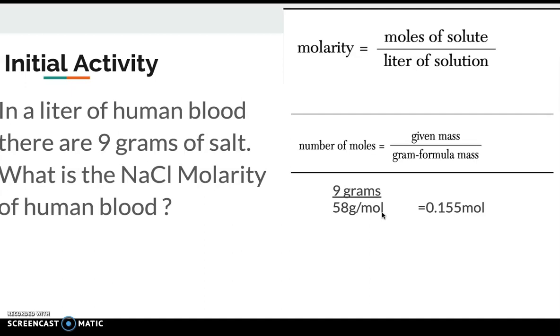In order to determine the molarity of salt, we're going to plug our moles into our molarity equation. So 0.155 moles over 1 liter of solution is going to give us 0.155 molar of salt in human blood. This is very essential in understanding our